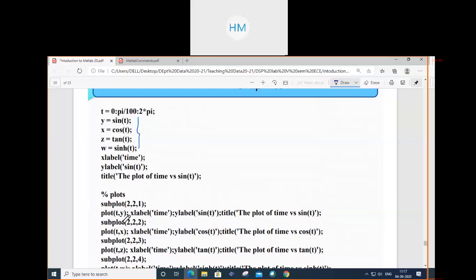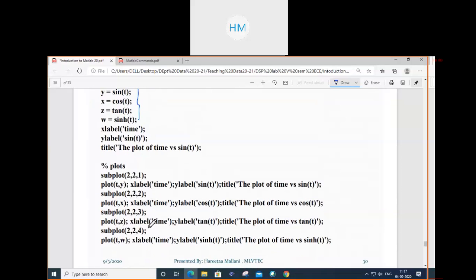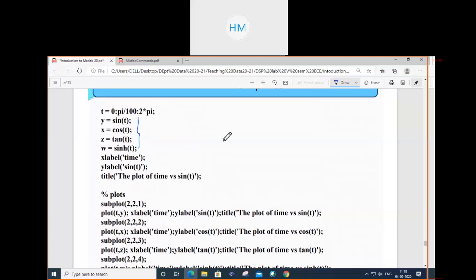Second subplot, x is my cosine t. I am plotting the second graph, third graph and fourth graph. So what does it result in? Who can tell me? सबप्लॉट की पैरामीटर्स क्या होते हैं, ये कौन बताएगा?